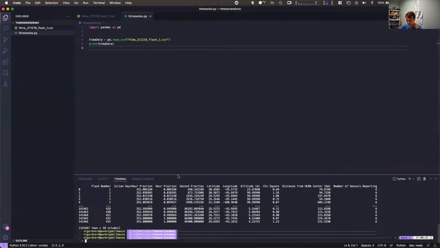So for me, I think the part that I'm most confused about, just looking at it, is this Julian day plus hour fraction. And then we have hour fraction, and then we have second fraction. What is interesting is that we can see that the first second fraction is 448, and the last second fraction is